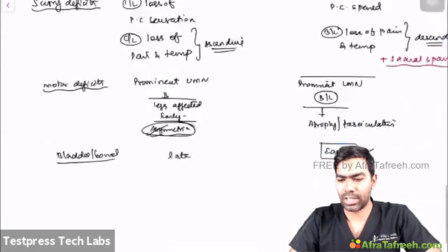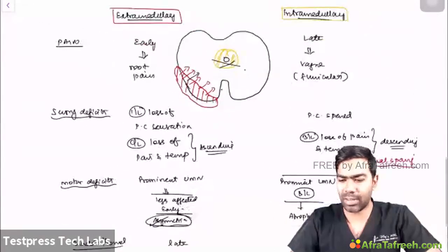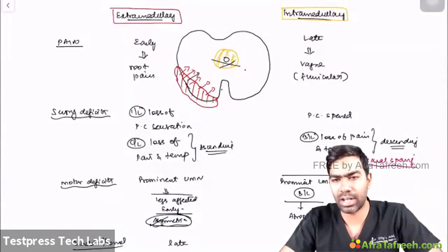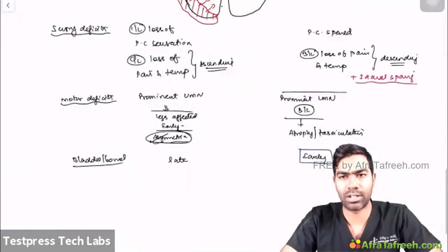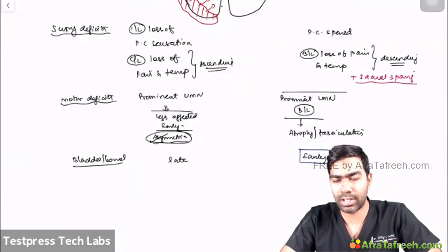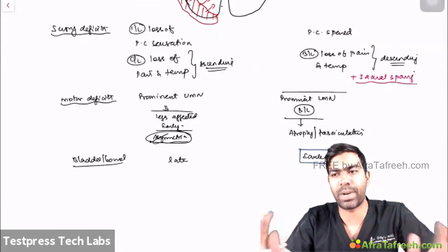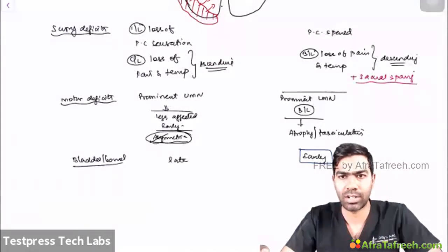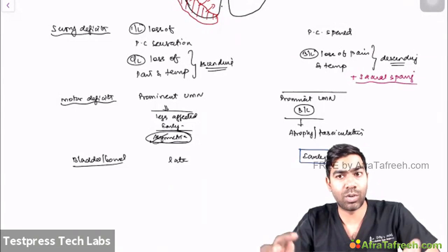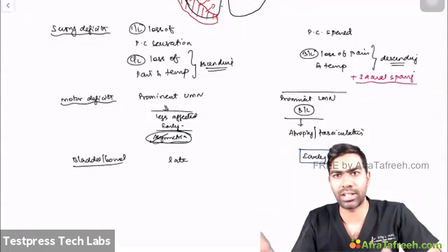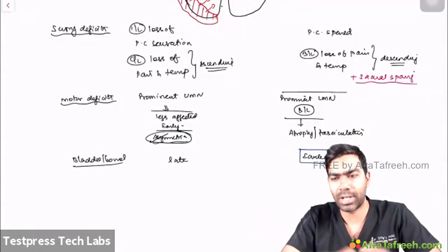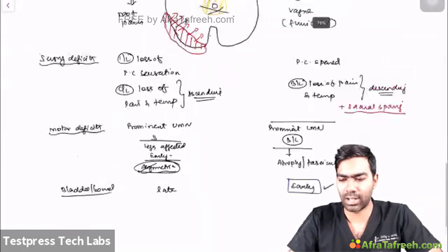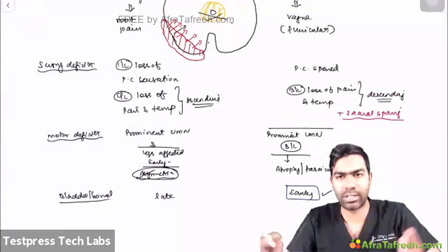Clear? So these are the basic differences between an intramedullary lesion and an extramedullary spinal cord lesion, which is very important again for your exams. Most of the time, they will give a pattern in exam. They'll ask you to find out whether it's an intramedullary lesion or an extramedullary lesion. Remember, it's very difficult to know the causes because so many causes will be overlapping. The same lesion can produce an intramedullary lesion as well as an extramedullary lesion. But nevertheless, it's very important to understand. So whenever the key points in exam is,